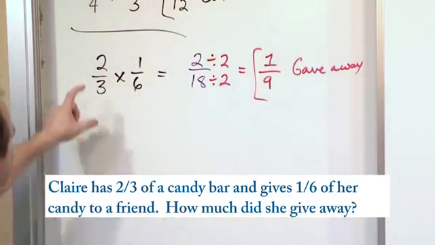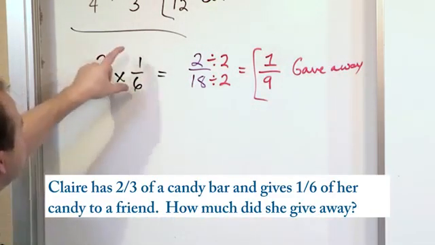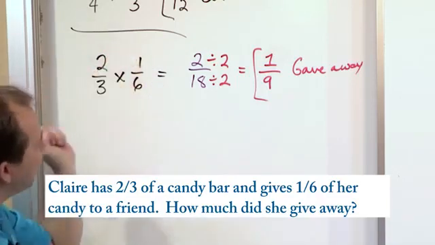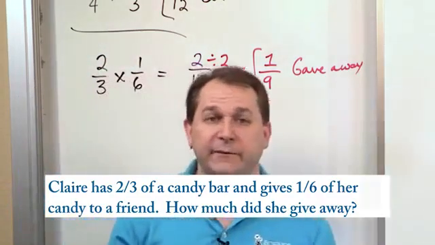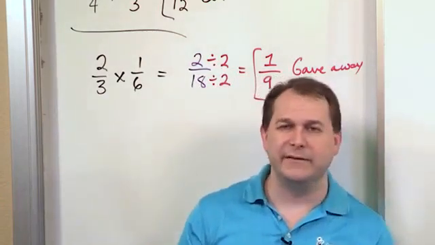And it makes sense because she had 2/3 of a candy bar and she gave away 1/6. So she gave away a pretty small amount. 1/9 of anything is fairly small. Chop something into 9 pieces, one little piece of it, it's not